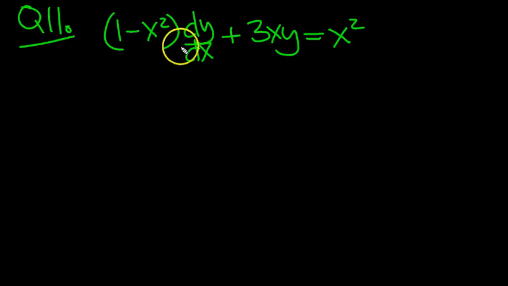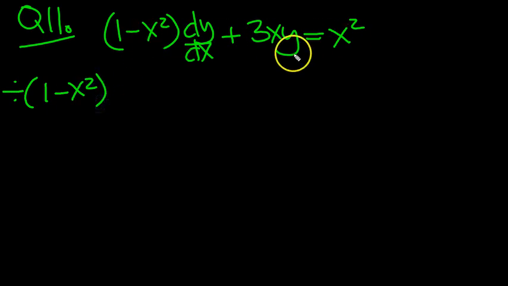1 minus x squared all times dy dx plus 3xy equals x squared. It's not in standard form. We need to get it to be so. So divide by 1 minus x squared all the way through. That will give